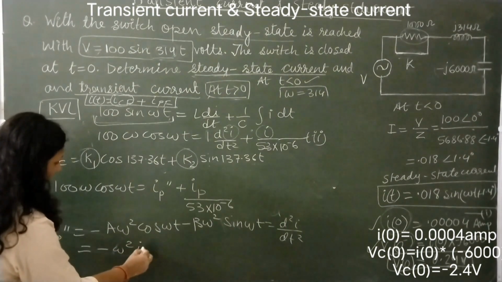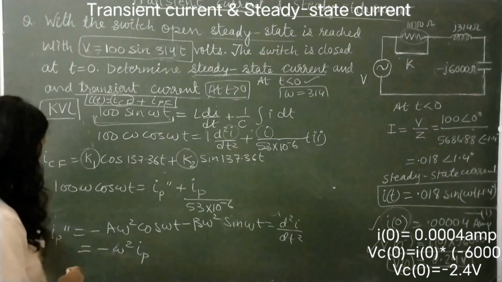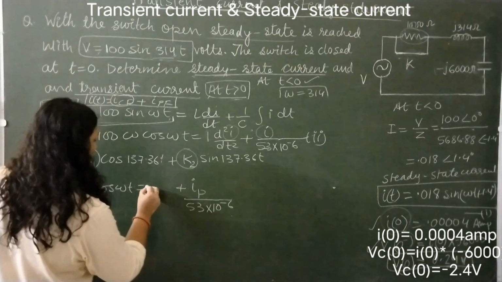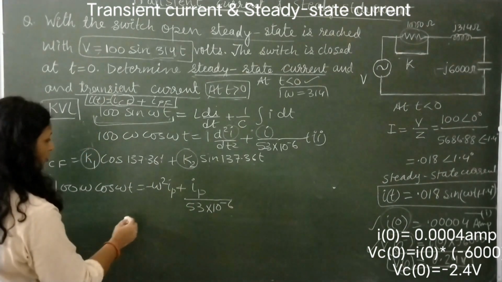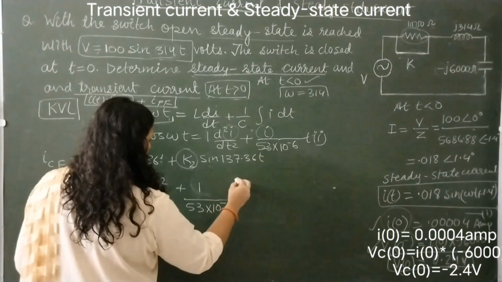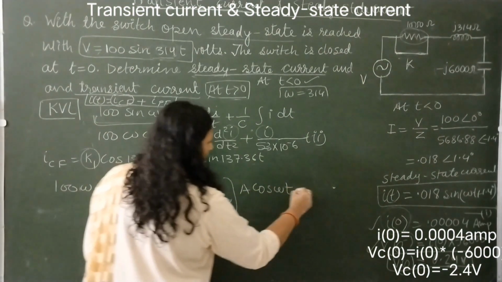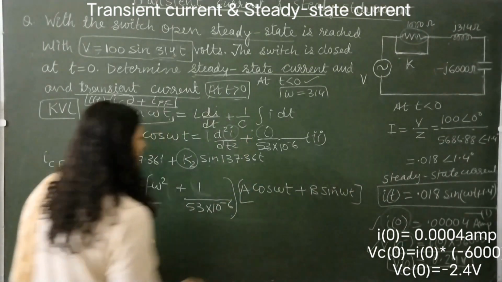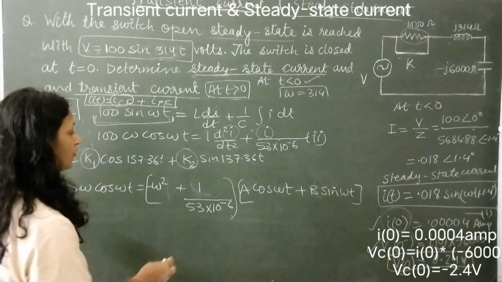जो आई पी डैश है इट इज नथिंग बट माइनस ओमेगा स्क्वायर आई पी, ठीक। आई पी डबल डैश जो है वो माइनस ओमेगा स्क्वायर टाइम्स आई पी ही है। तो इसको हम यहां से आई पी डबल डैश को क्या लिख लें, माइनस ओमेगा स्क्वायर आई पी, ठीक। अब यहां से हम इस इक्वेशन में ये जो आई पी है वो क्या था, हमने क्या एज्यूम किया था आई पी को, आई पी वॉज ए कॉस ओमेगा टी प्लस बी साइन ओमेगा टी, ये लेके चले थे हम। अब हमारे दोनों साइड हम कॉस के कोफिशिएंट्स को और साइन के कोफिशिएंट्स को कंपेयर करके ए और बी फाइंड कर सकते हैं।